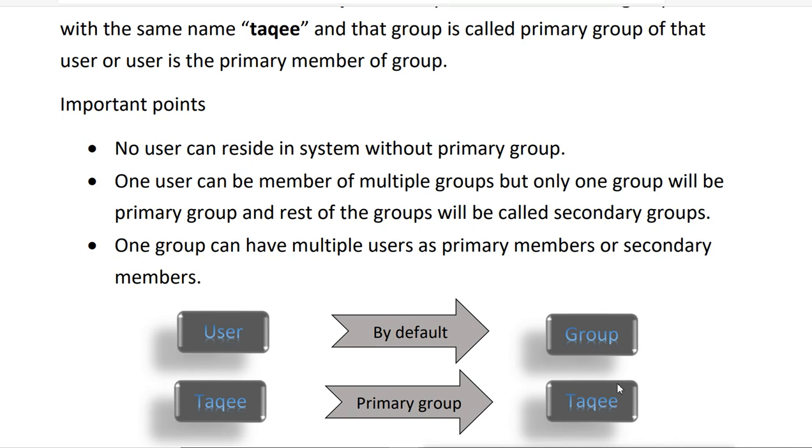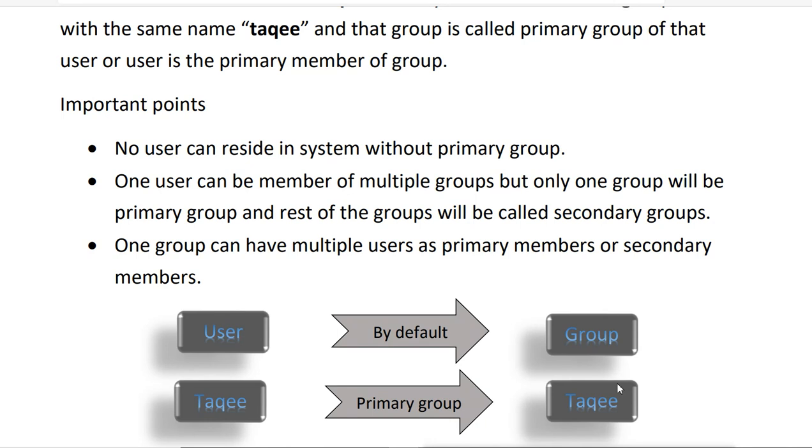So one user can be a member of multiple groups, but only one group will be the primary group, and the rest will be called secondary groups. A user can be a member of multiple groups, and one group can have multiple users as members. If a user is a member of 10 groups, among those 10 only one group will be called the primary group, and the rest of the 9 will be secondary groups.